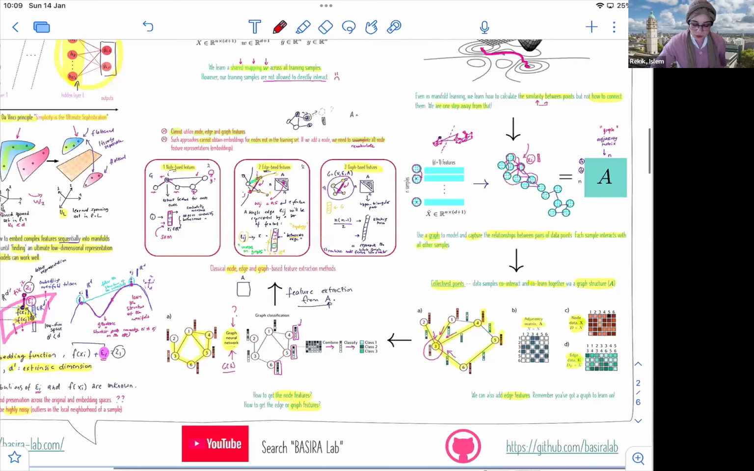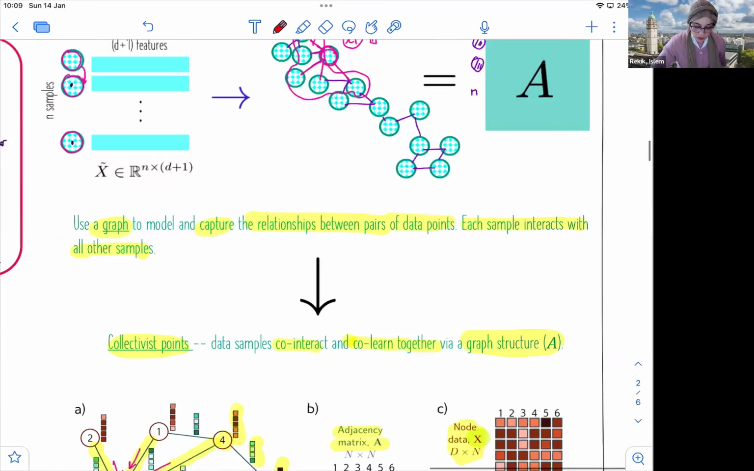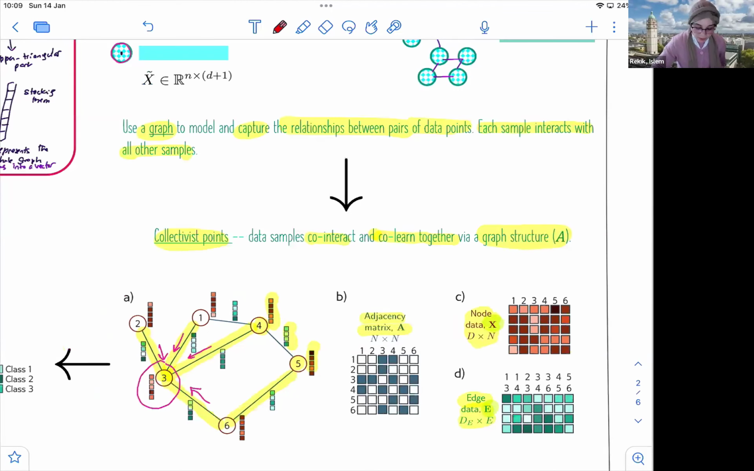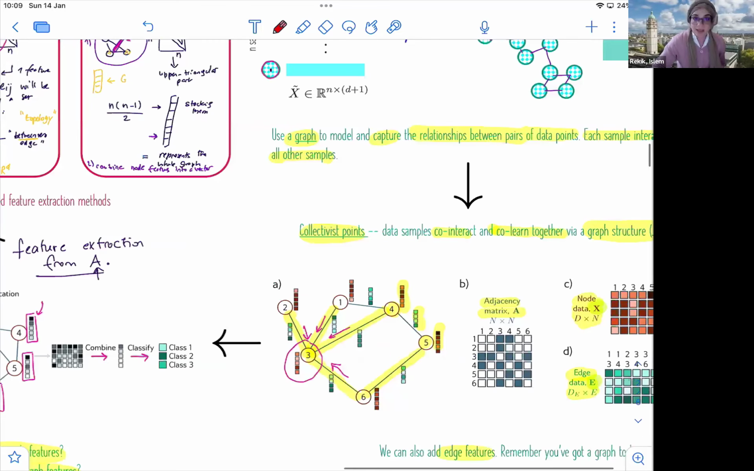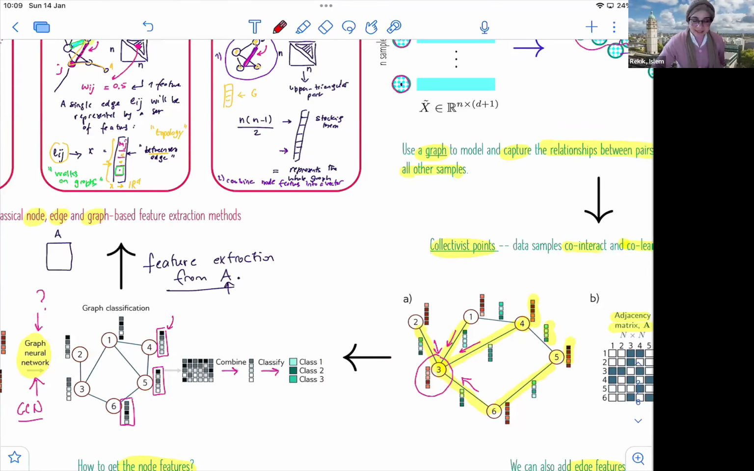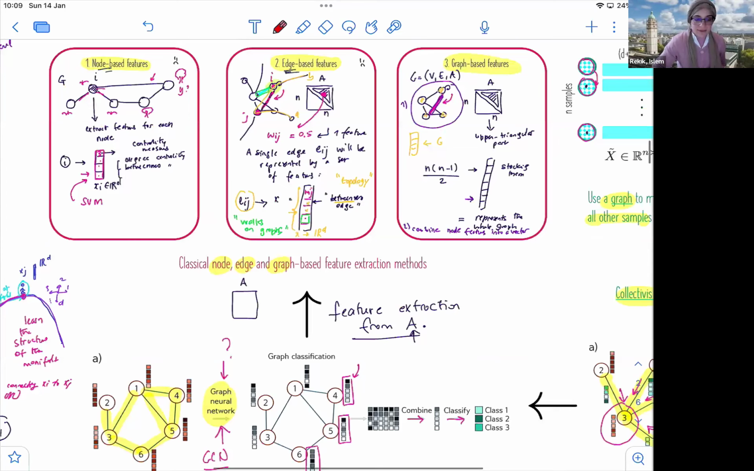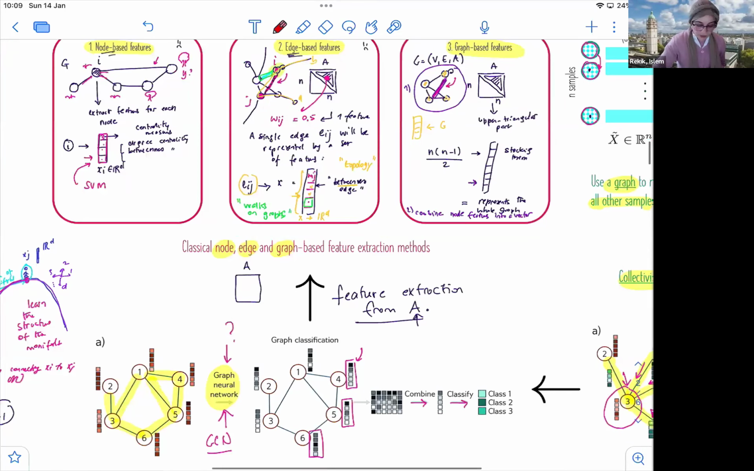model or encode the interaction between different samples. So we introduced collectivist points which co-learn and co-interact via a graph structure to learn better and to kind of solve downstream tasks such as classification, regression, or multi-regression problems. So all these learning tasks can be theoretically, or hypothetically, at least for now, improved through graphs. And then we asked the question, okay, now that we are encoding the data onto a graph,